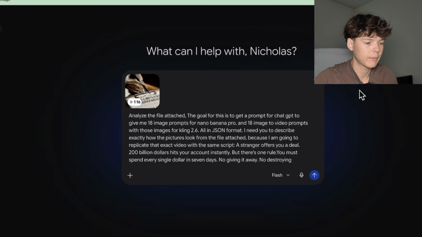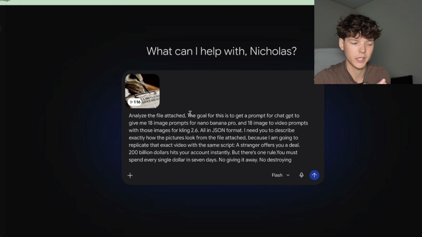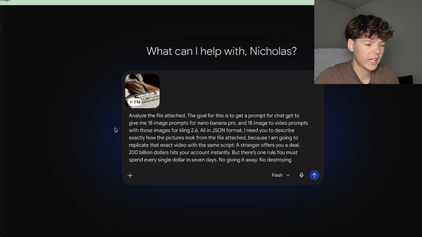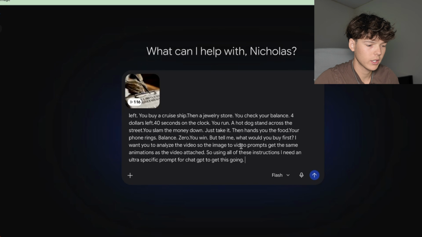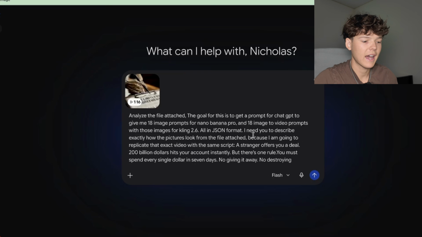Now I'm going to head into Google Gemini, and a lot of you guys are familiar with it, but I mainly use it for video analyzation, so it can track what the video looks like, how the animations are, even what the script is. And I gave it a prompt that says something like, analyze the file attached. The goal is just to get 18 image prompts and 18 video prompts for those images. With this script, entered the entire script, basically asking for a ChatGPT prompt to give me all the image prompts